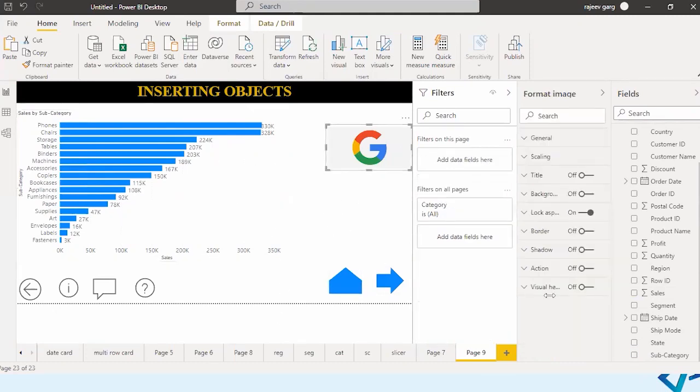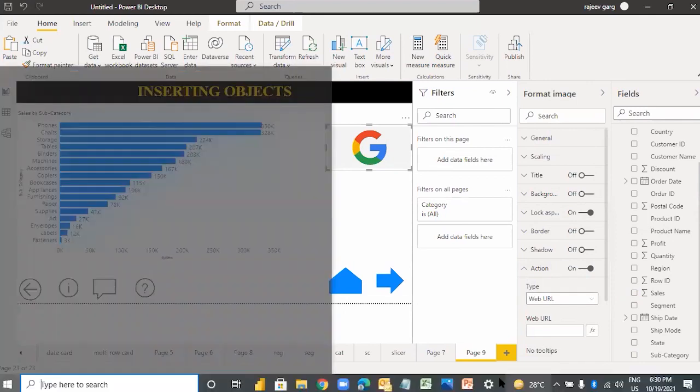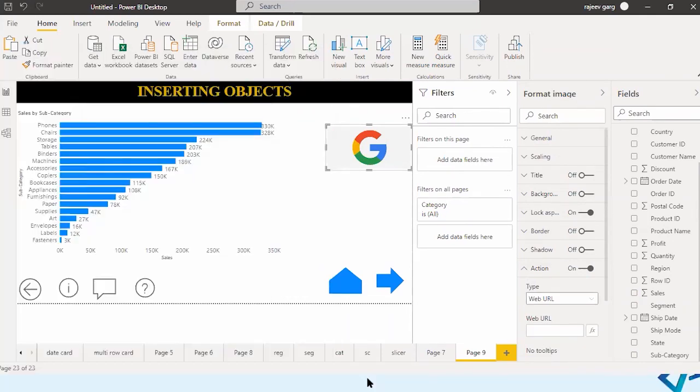Let's take this image, and there are many options like background, border, shadow, all of which you can play around with. I will give you the important one. There is something known as action. I can click on this action and make the action on. I will click on this drop down and you will see the various types of actions we have over here. That is back, bookmark, page navigation, Q&A, and web URL. So let's take the web URL action. I will take the web URL and specify the URL over here. So let me take the URL.